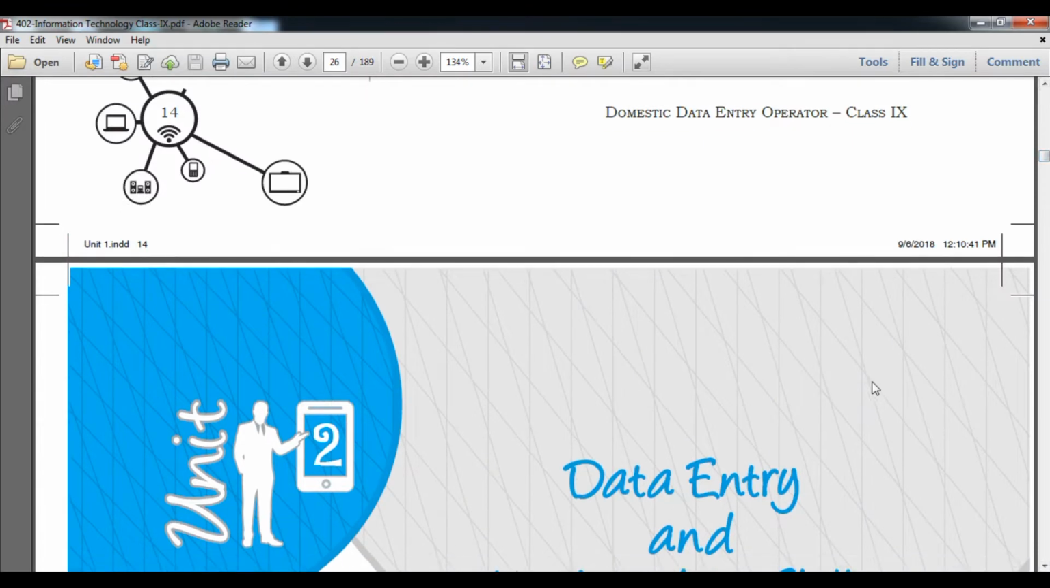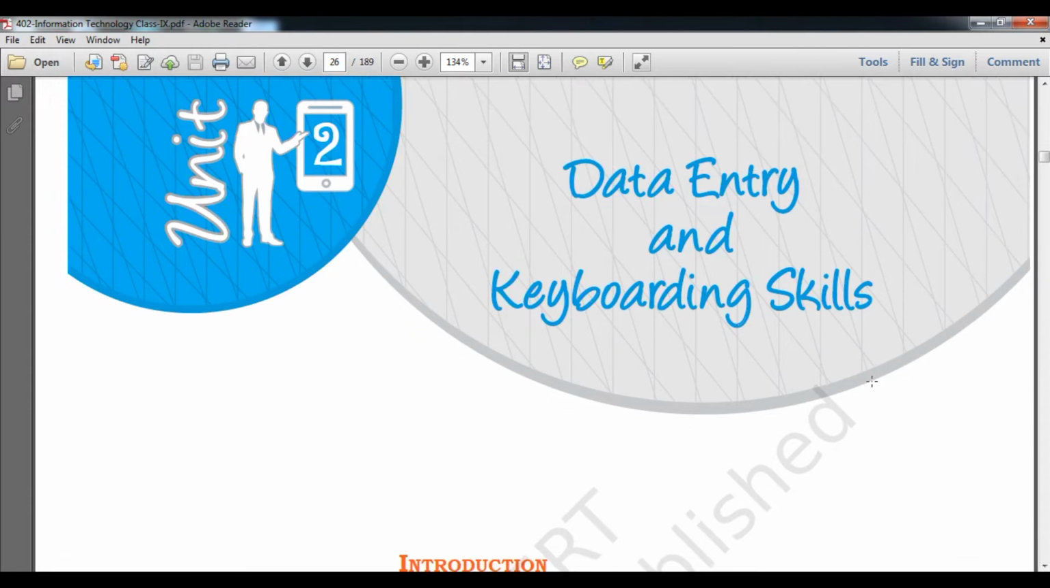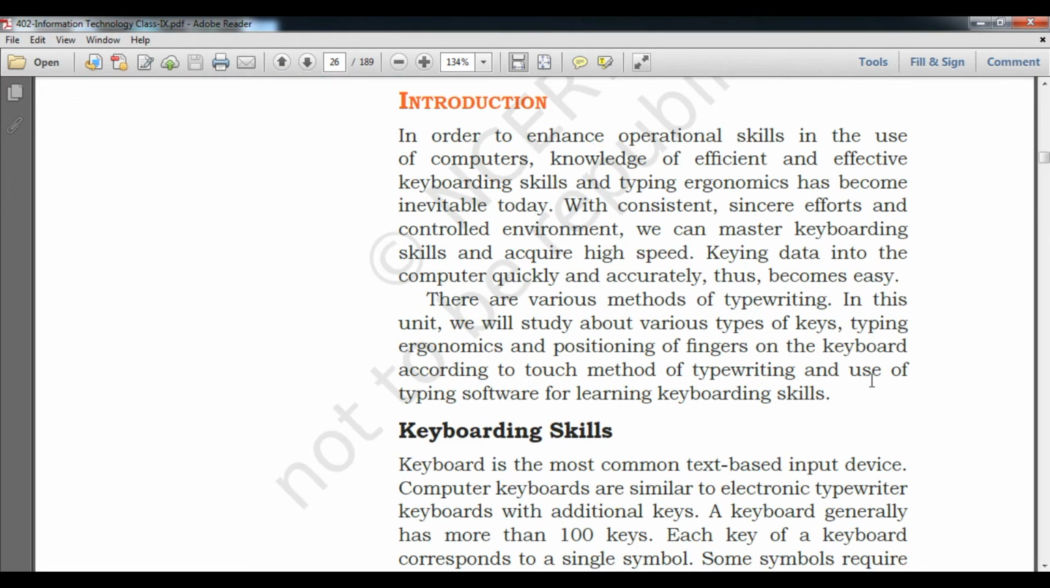So this is unit 1, introduction to IT and ITeS industry, students. Unit 2 is data entry and keyboard skill. Under this we will understand what a keyboard is. You can see, in order to enhance operational skill and use computer knowledge efficiently, keyboard skill and typing ergonomics